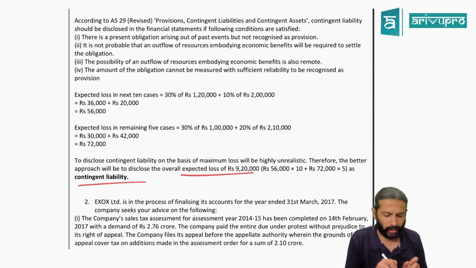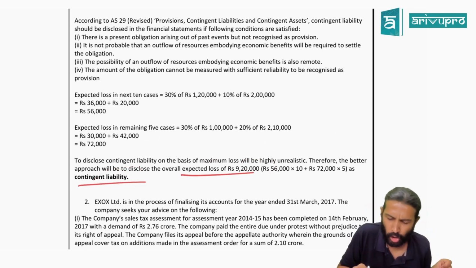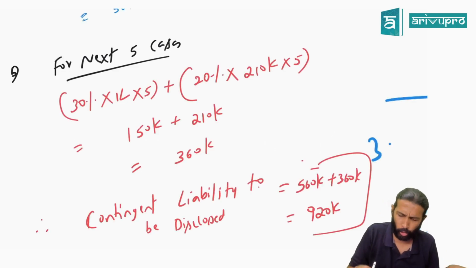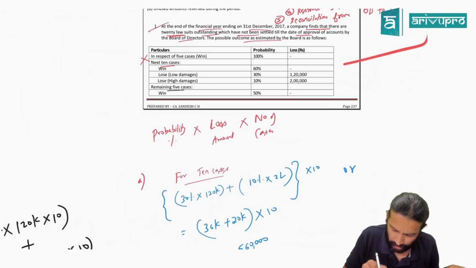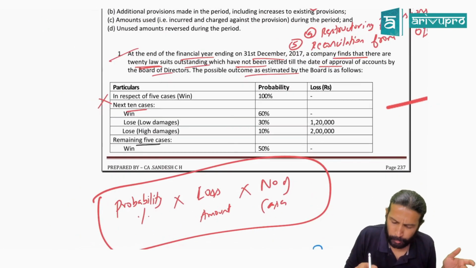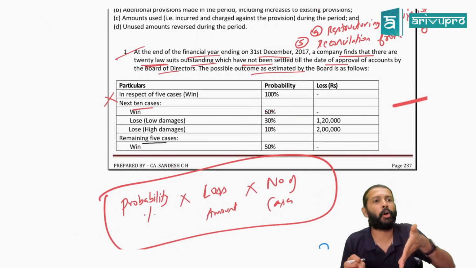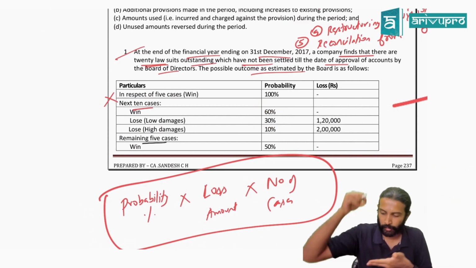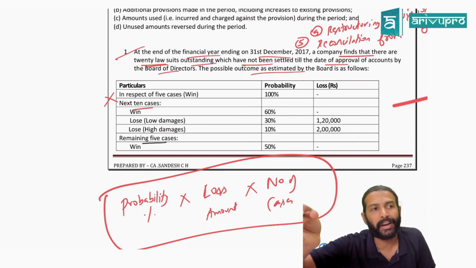They'll do it in their own way. You do it comfortably like this. It's fine. Just copy this formula. It will be easier instead of worrying too much. Have you copied this formula now? Blindly apply this formula, sir. Suppose it was a probable obligation. Then the same amount you would have made as what? Instead of disclosing contingent liability, you would have made a provision.